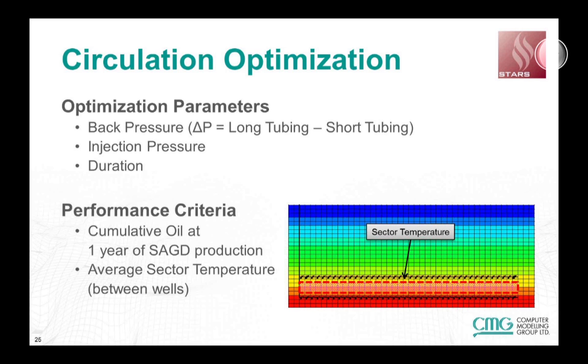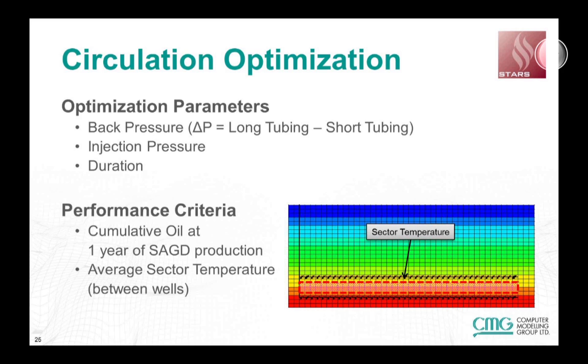As we all know, the circulation period is an operationally expensive period where we are injecting steam with little or no oil returns back. The longer the circulation period, the more delayed the cash flow. Hence, we want a circulation period that is efficient, but we want it short as well. So in this next demo, I will show you an optimization workflow where we'll optimize the